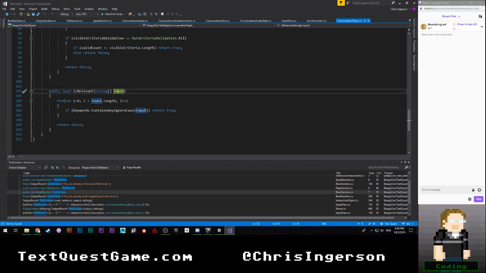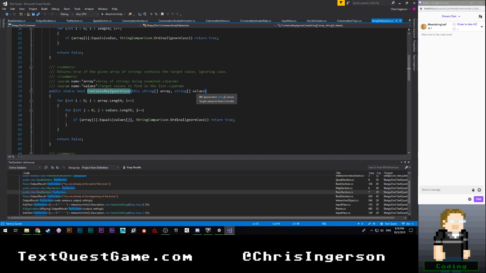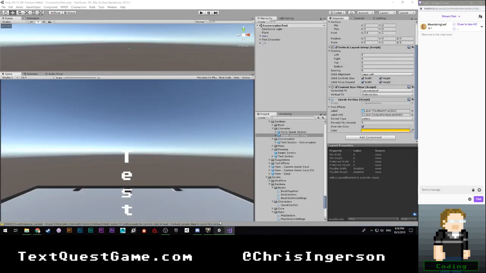Input keywords that contains any ignore case. Turn true. Go to definition for totality of our array and for all of our values. I mean, that should have worked. So that's gonna be fun.